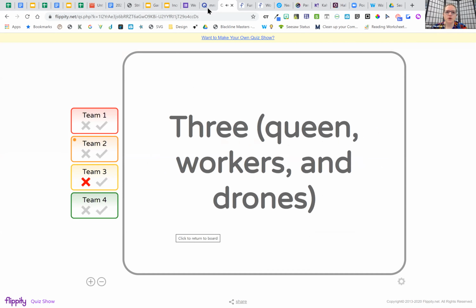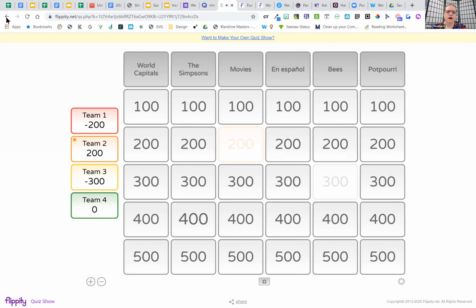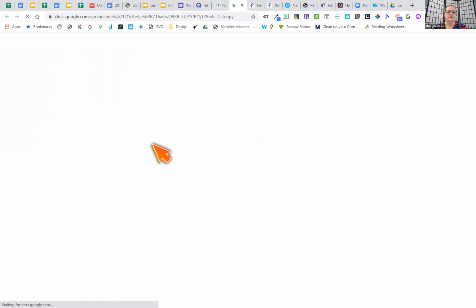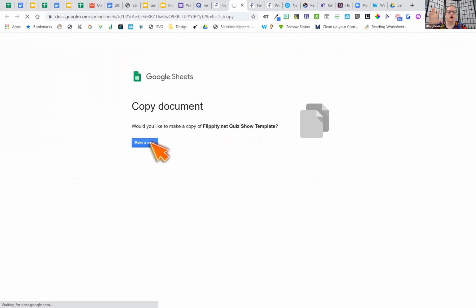Okay, so you're probably wondering, how do I build this then? Right here is the template. The reason why I really like this one is because the template is already filled in with the demo information.